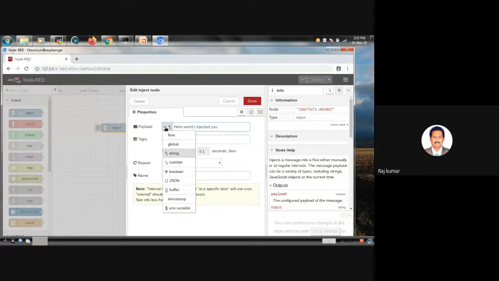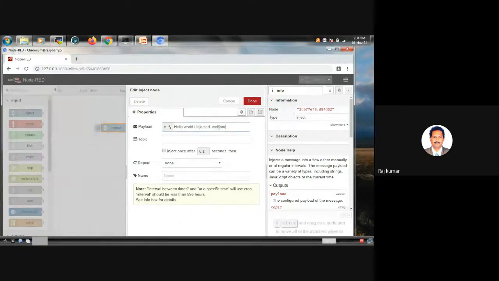Once you select global, this particular inject node will be available globally to all the nodes which are used in this particular workspace. The first time I'm using string as the payload type. Here I am typing some hello world, I injected you, or some other words.